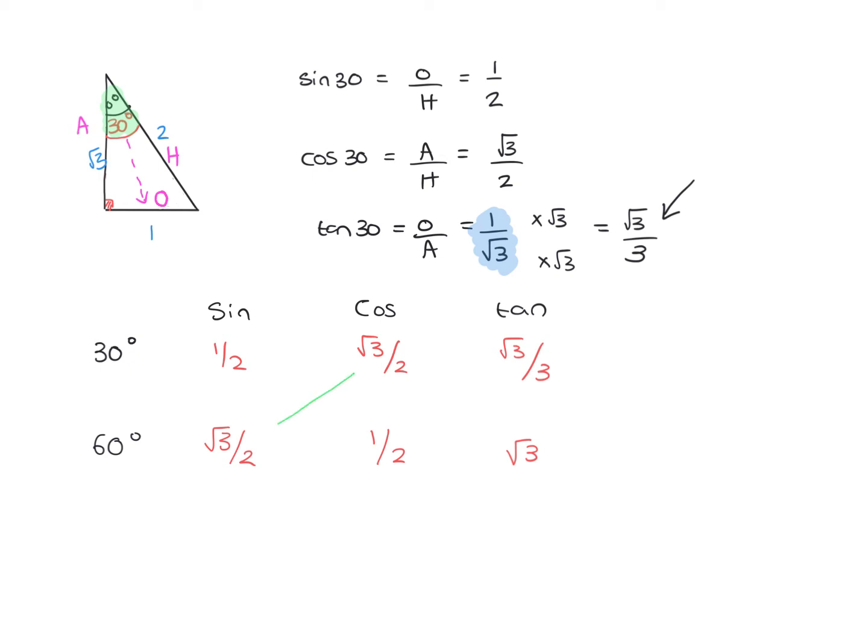Look at the fact that we get this interchange over here for the sine and the cosine of 30 and 60. And thinking back to the right angle triangle, you may be able to explain why that is. We're now going to look at an isosceles triangle. The isosceles triangle is going to have one angle of 90 degrees, so it's a right angle triangle, which means that the other two angles, by definition of the fact that the triangle is isosceles, have got to be 45 degrees each. I'm going to define two of the sides as 1 unit each, and then the third side, the